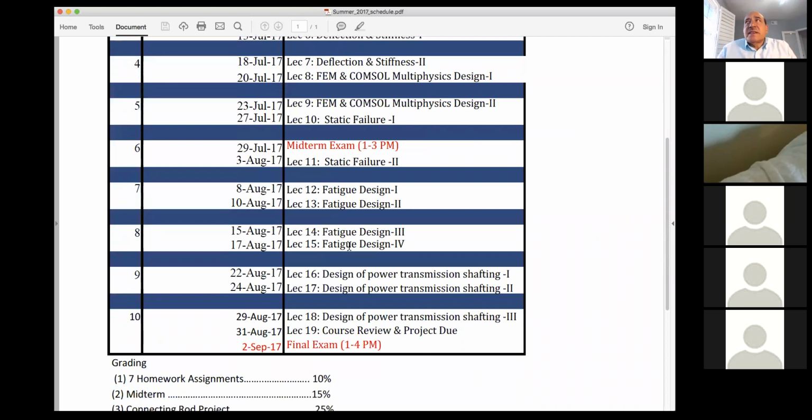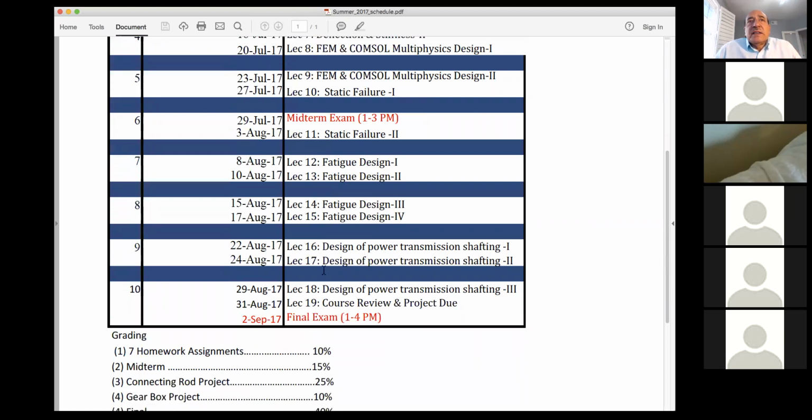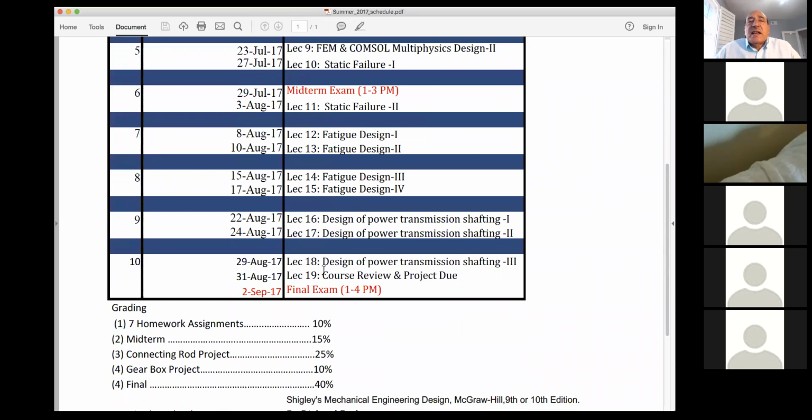Now let's discuss the type of grading that we have. What we will do is that we're going to have a few homework assignments, up to 7. So at this point, we have 7 homework assignments, which means that we have the last 3 weeks without a homework assignment for a particular reason.